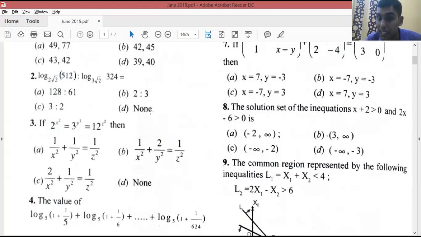The next one is 2x minus 6 is greater than 0. If you see x is greater than 3, take that positive value. x greater than 3 contains the values 4, 5, 6 and so on up to infinity. The first condition also contains the values from 4 to infinity, correct? You have to take the common part and choose the answer. If you take that, 3 to infinity will be the common part. Write the answer with that. Right? In inequations, you have to solve this way. Whatever is common, you have to write. I'll just solve it for you quickly.